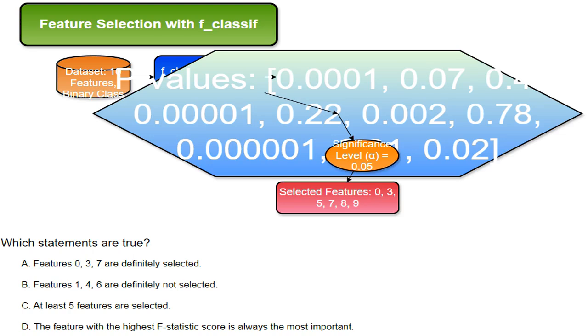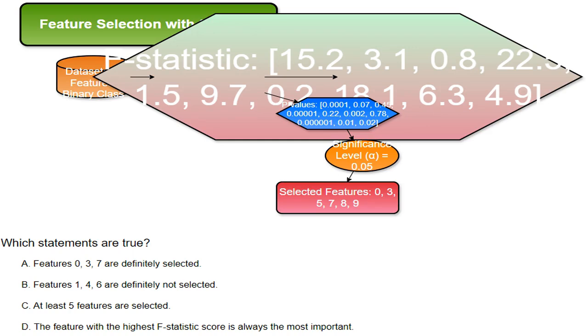After checking each feature's significance, I found features 0, 3, 5, 7, 8, and 9 to be statistically significant, meaning they can reliably differentiate between the classes. These are the p-values associated with the F statistics. A p-value tells us the probability of seeing these results by chance, assuming there is no actual relationship between the